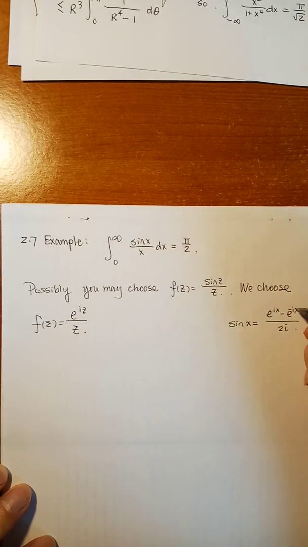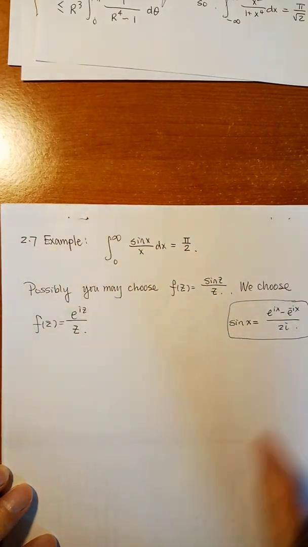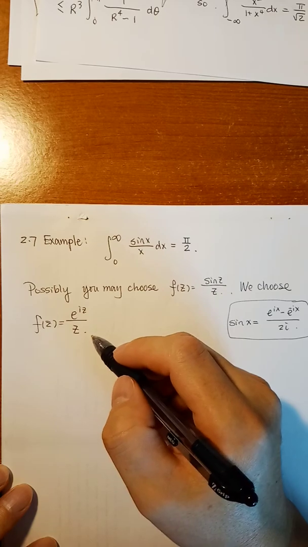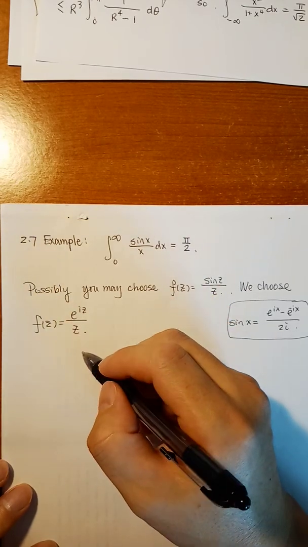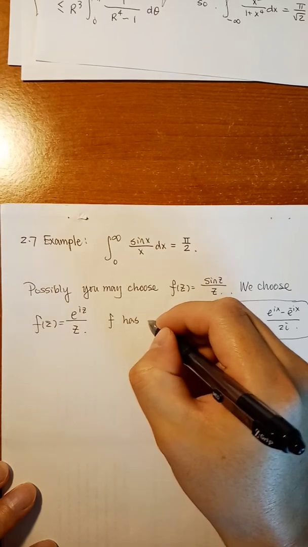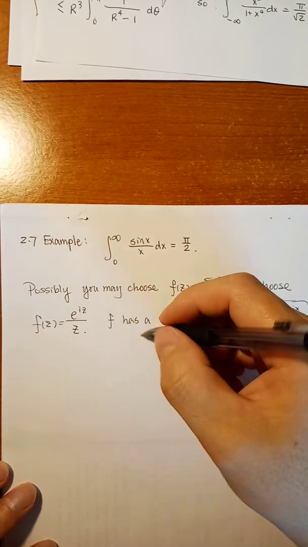Over 2i. Okay, so later we will use it. Now let's choose f of z as e to iz over z. Then this f has a simple pole, a pole of order 1,